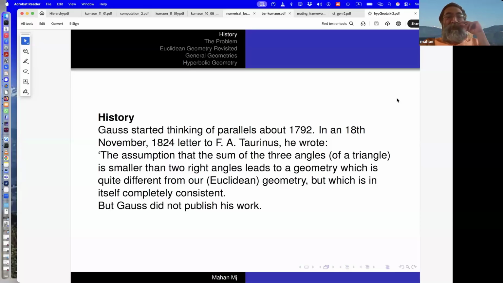And observe the dates, 1824. And Euclid is 200 BC. So really, it's something like 2,000 years that it took to solve this question. There's a reason why it took so long. The reason is basically a kind of logical conundrum. What was the way that the question was formulated? The question was formulated as: prove the parallel postulate from the remaining axioms of Euclidean geometry.